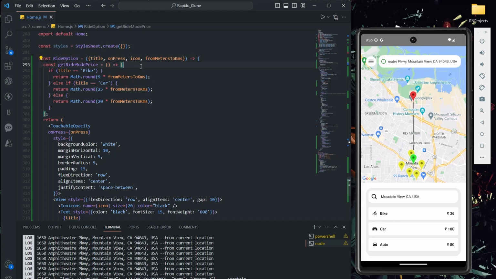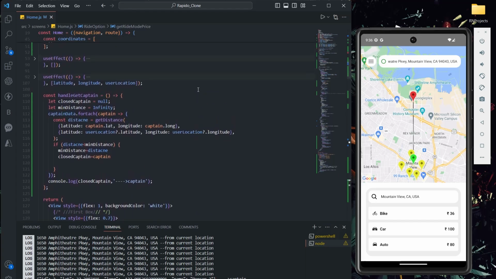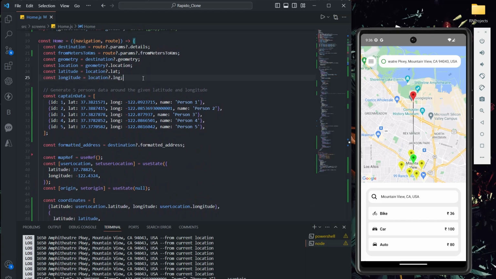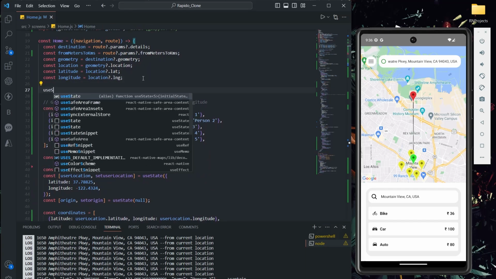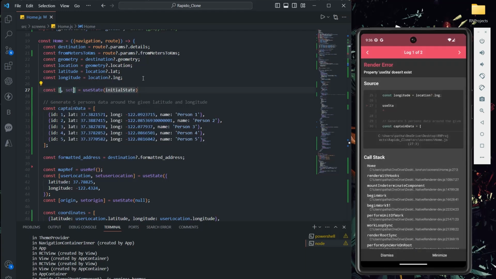To access these details, what I'm going to do is create two or three useStates, nothing but to store data. One is rideSelected. Why I'm going to create it, I'll tell you.